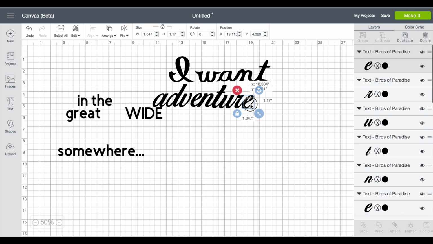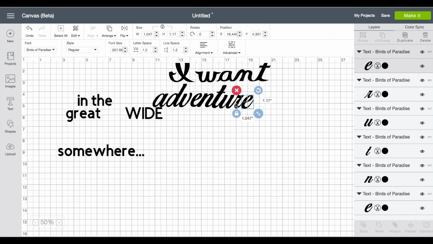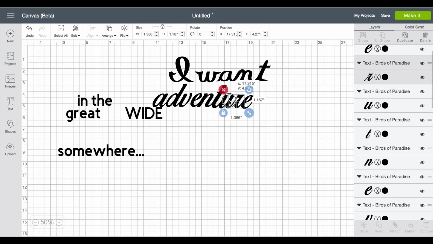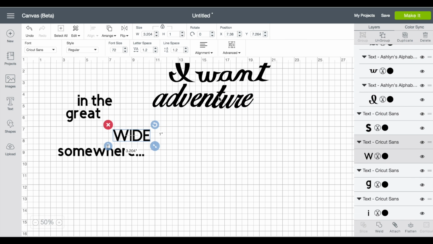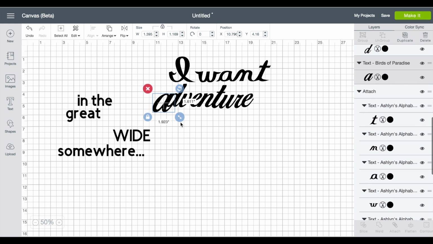So I'm gonna move all these together, and these are kind of like sloping. What I want to do is, instead of just attaching these, I want to weld them. I'm going to make the A a little bit bigger so that it's not capitalized, but it gives it kind of a fun look. And now it kind of looks like a D and a D, so I'm going to make it small. Or I could capitalize it if I really wanted to, but I don't think I do.